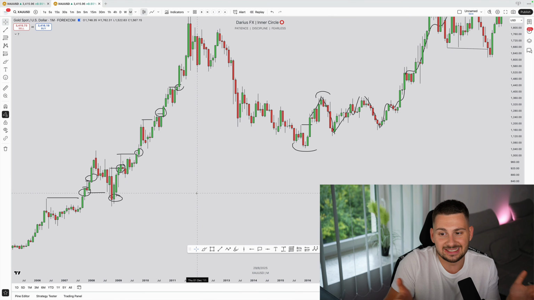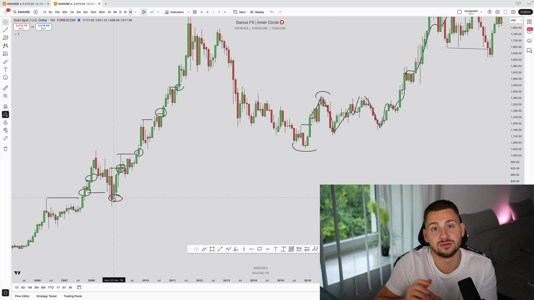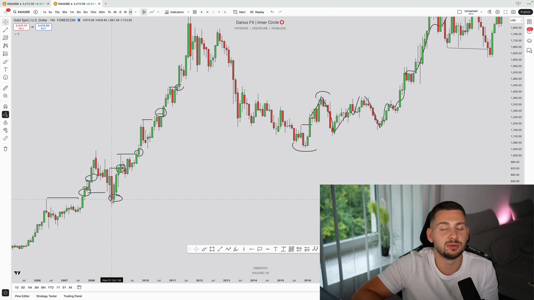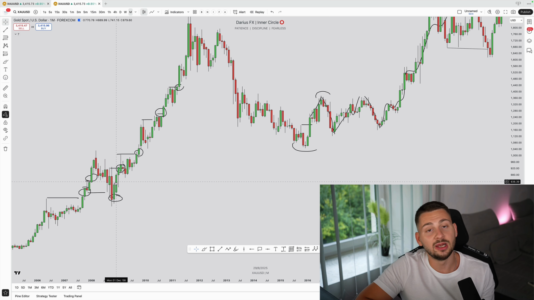It's not. It's the same. Even here, this is technically a break in structure, and technically you could identify this if you don't use any other concepts. You gotta be bearish on it. Now, I would never be bearish on this. I would be the complete opposite on this. But for that, we gotta understand liquidity, right?